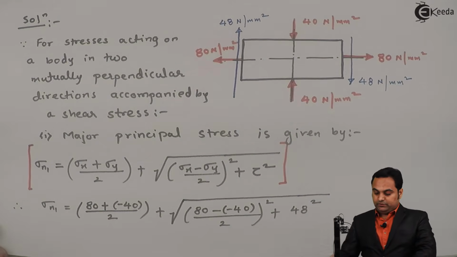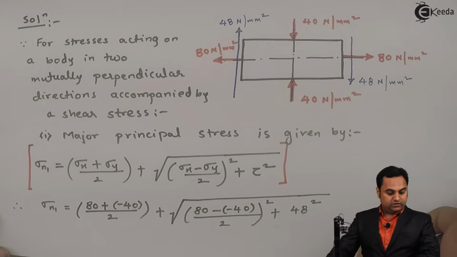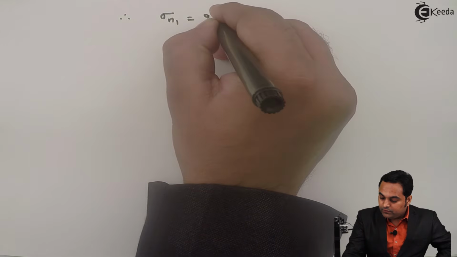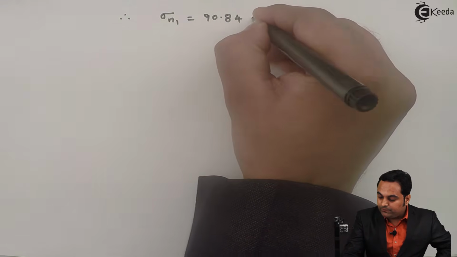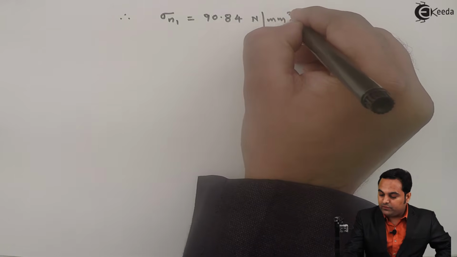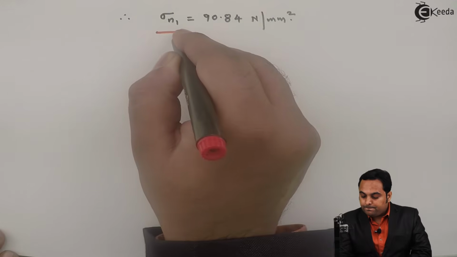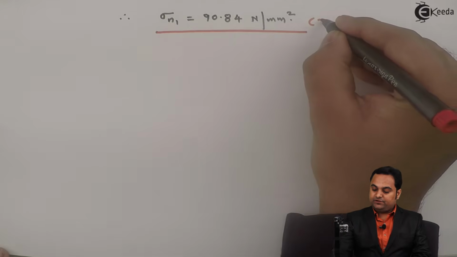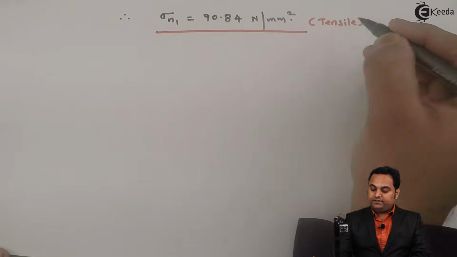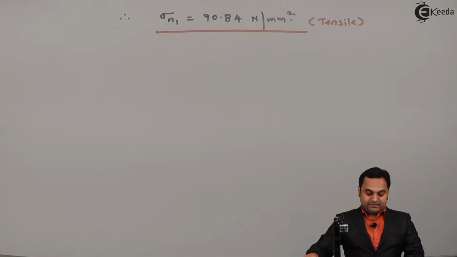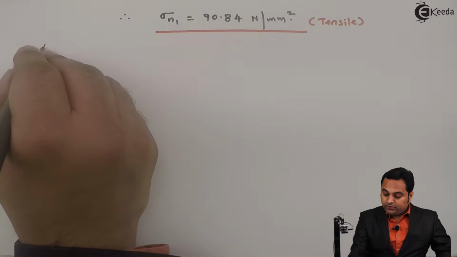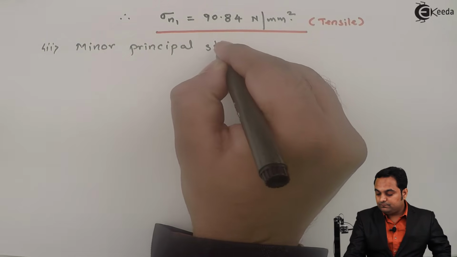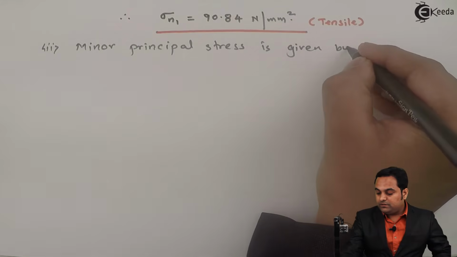Now if I go on calculating this, my first answer will come out to be sigma n1 is equal to 90.84 Newton per mm square. So this is the major principal stress. Since the answer is positive, I'll say that it is a tensile stress. Next, in a similar manner, I'll write down minor principal stress is given by